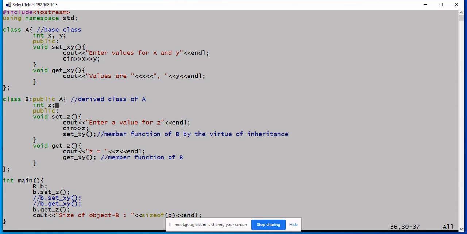So if it contains just z, then the output should be 4 bytes, and if it contains x and y along with z, then the output should be 12 bytes.